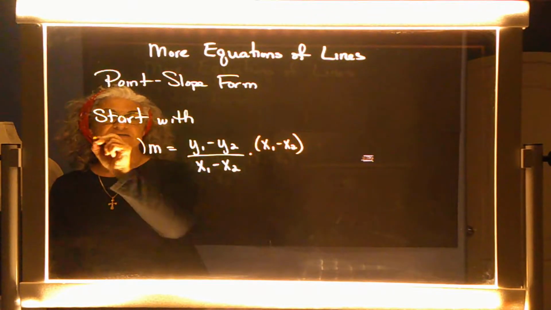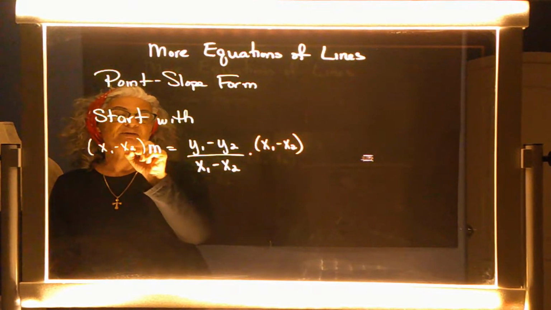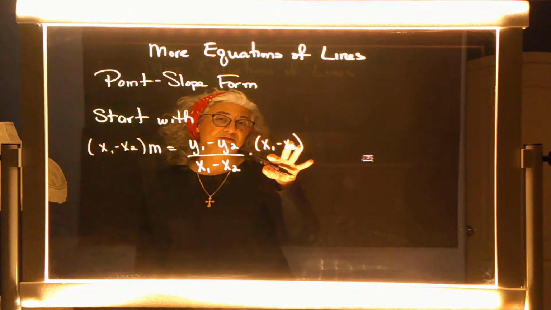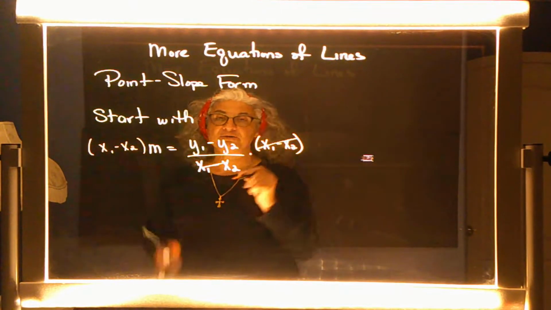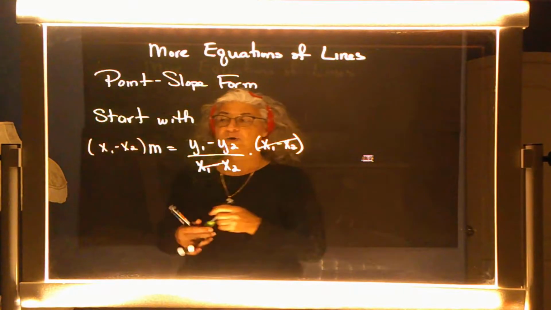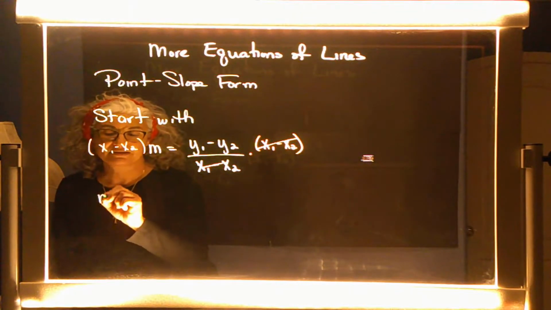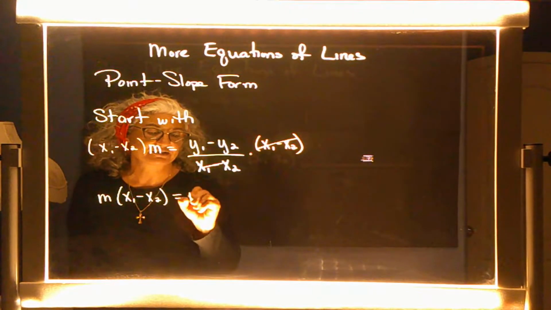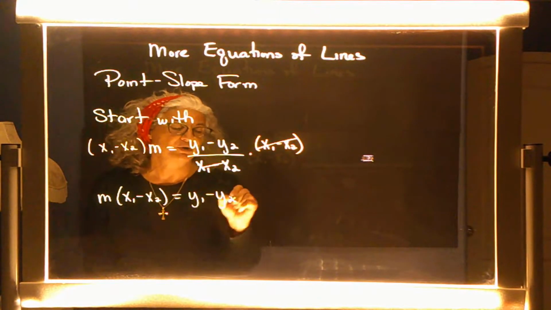Is that correct? Okay, so when I multiply both sides by the denominator, on the right side, what happens? Good, these will drop out. Agreed? And what remains is m times the quantity of x1 minus x2 equals y sub 1 minus y sub